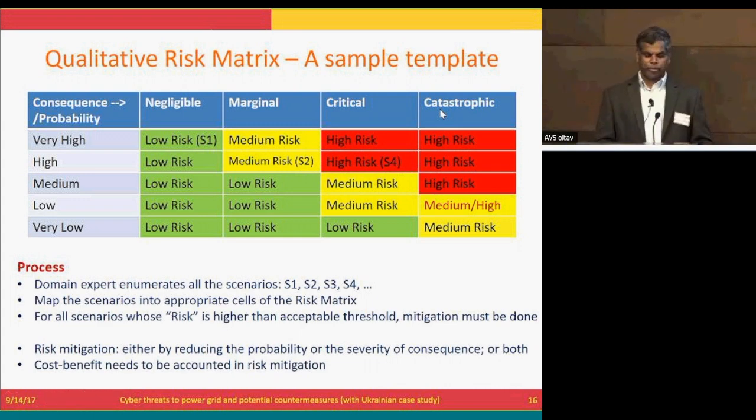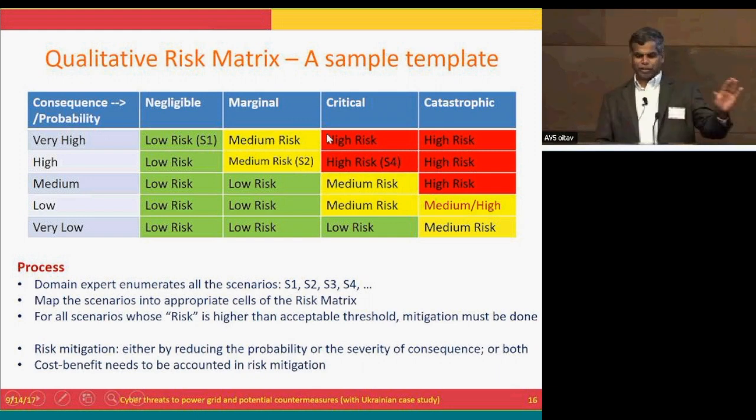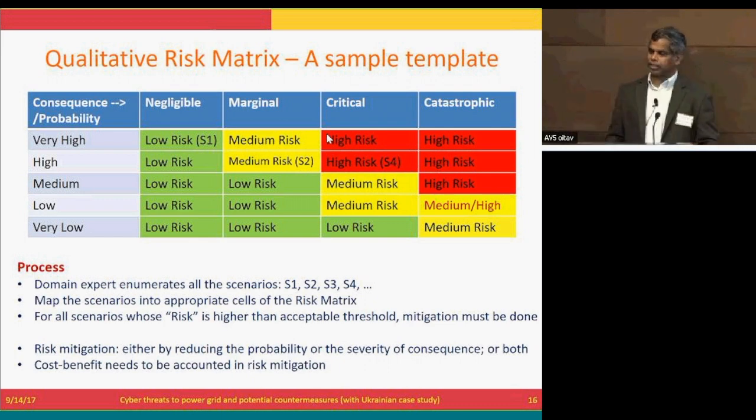If that is compromised, then the consequence could be catastrophic. So you give a sheet or chart like this, in which you don't fill out anything, the green, yellow and red. You give a topology to them, you give this table, and ask them to rank or enumerate what the possible risks or attack scenarios are. List them as scenario 1, scenario 2, scenario 3, S1, S2, S3 like this.